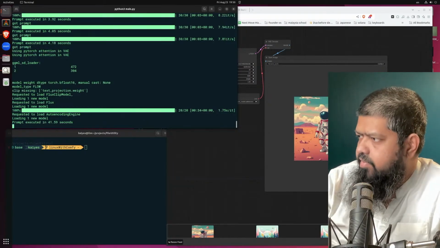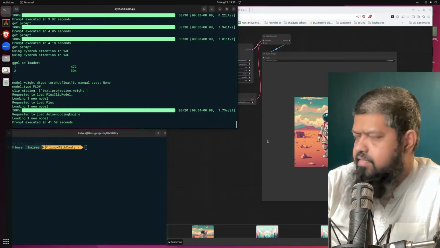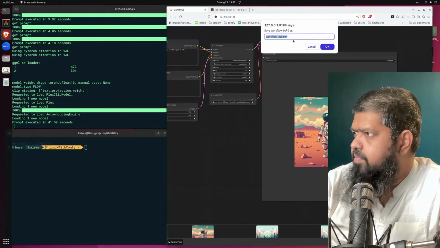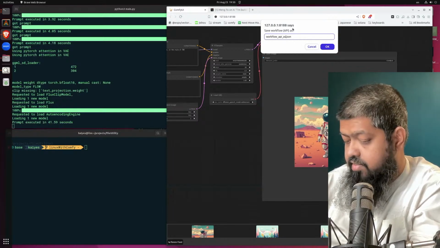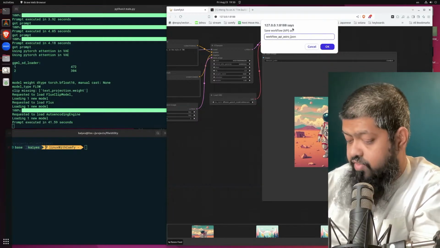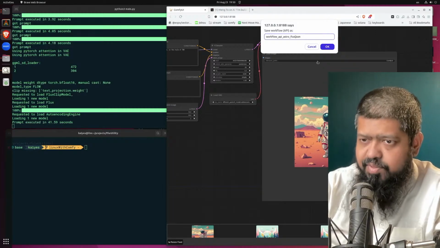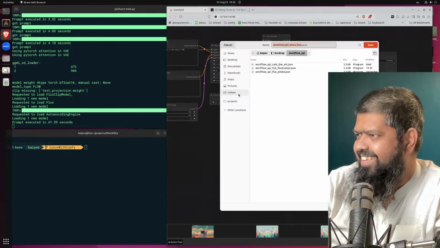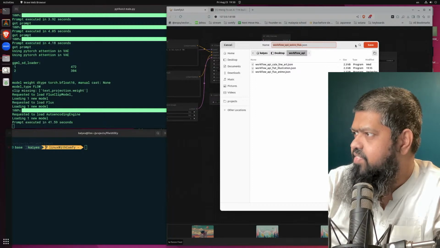Yeah, see, it's beautiful. I love it. Let's save it. Save API. And we're going to call it astronaut. Astroflux. This is how, gentlemen, the weird names are born. Cute flat illustration, Flux anime. I don't even know if this is the one, but